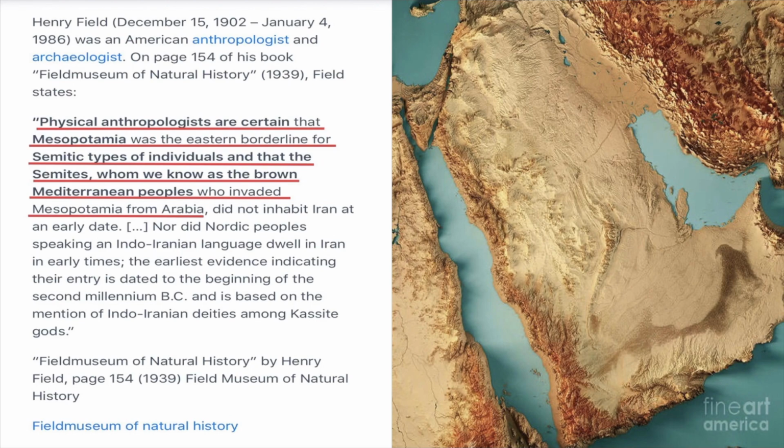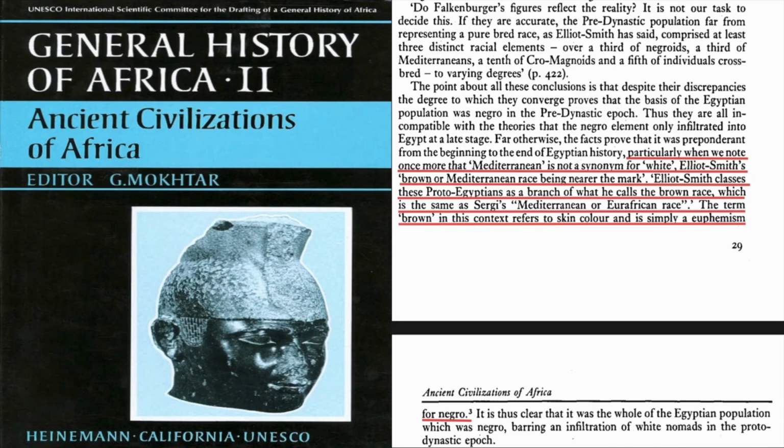You can find it on page 154, and it reads, physical anthropologists are certain that Mesopotamia was the eastern borderline for Semitic types of individuals, and that the Semites, whom we know as the brown Mediterranean peoples, invaded Mesopotamia from Arabia. Here is a book called General History of Africa, Volume 2, Ancient Civilizations of Africa, and it reads, particularly